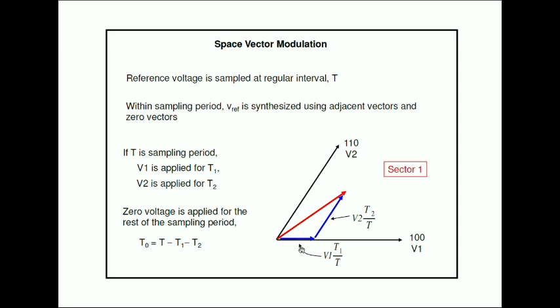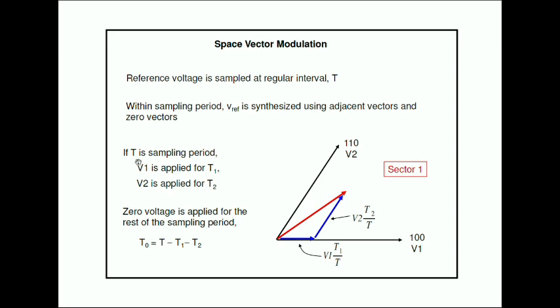So you can say that this vector has a magnitude V1 into T1 by T. If you are taking that magnitude, it will be Vm, and V2 also Vm, and the vector direction does not change here. Here also it is having a direction, and the direction does not change. So this is the concept of that.